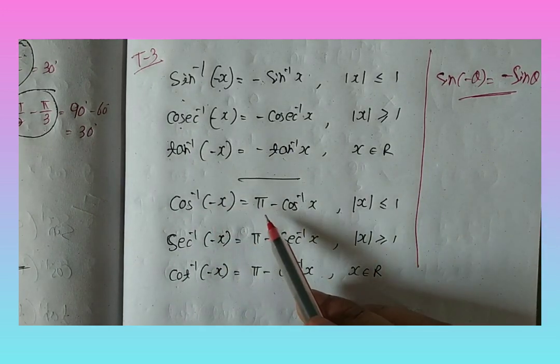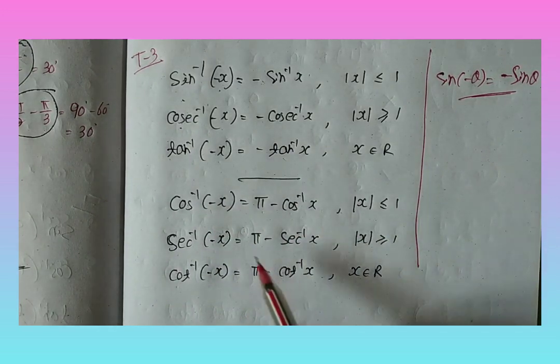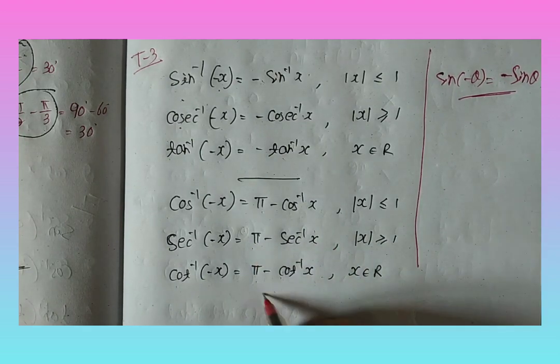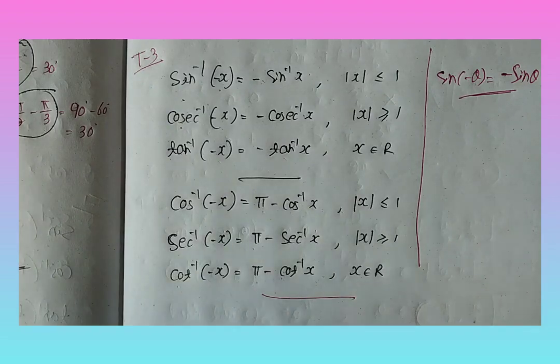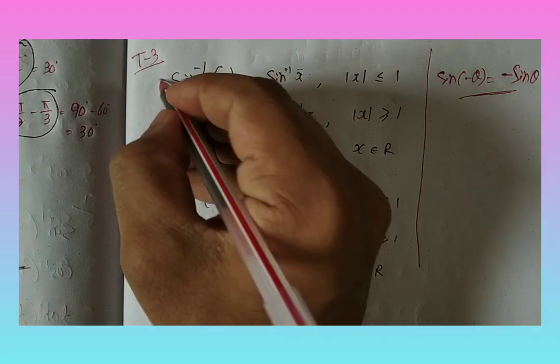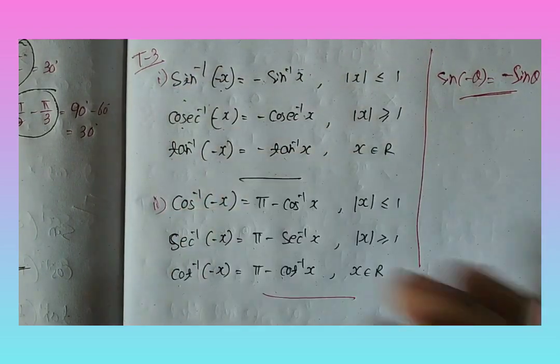Cos inverse minus x equal to pi minus cos inverse x. Here pi minus sec inverse x, and here pi minus cot inverse x. I will give you proof of first bit in this question. Bit 1 and bit 2. First bit,